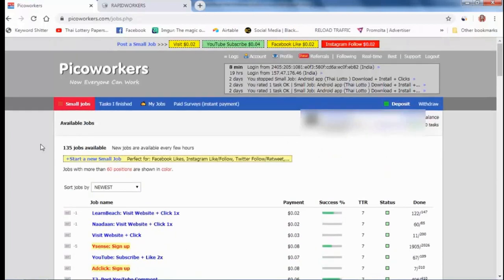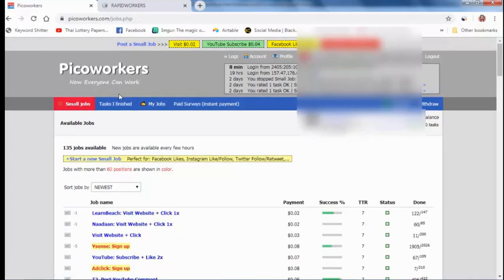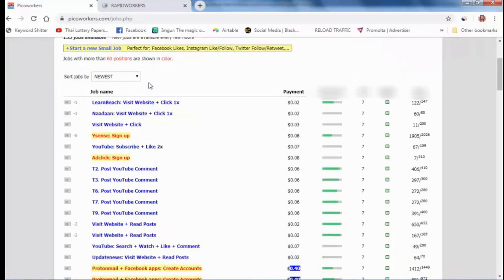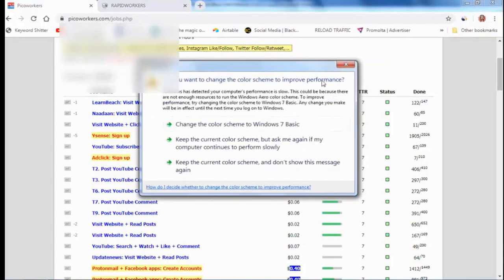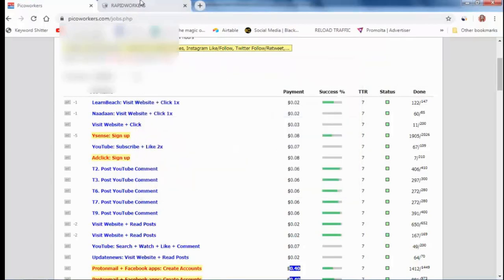I have used this website for getting clicks on my Google AdSense account for the last 6 months, and I have earned more than $1,000. I will show you my last 6 months earnings from Pico Worker and Rapid Worker also.